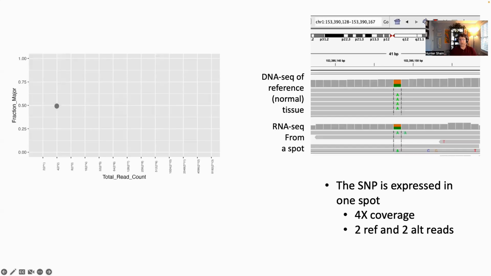As a next step, we want to count the number of reads mapping to each allele from each spot in a spatial transcriptomics array. Here are the sequencing alignments from an example spot. These are not cut off. There are only 4 reads, and you can see that 2 of the reads map to the reference allele and 2 map to the alt allele. So 50% of the reads map to each allele, and you can plot this here on the y-axis as 50%